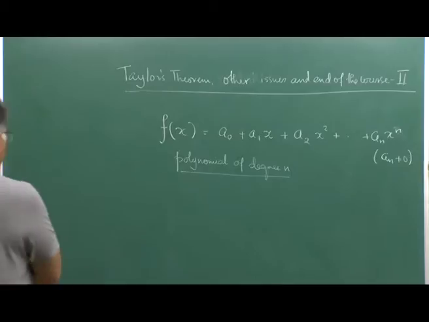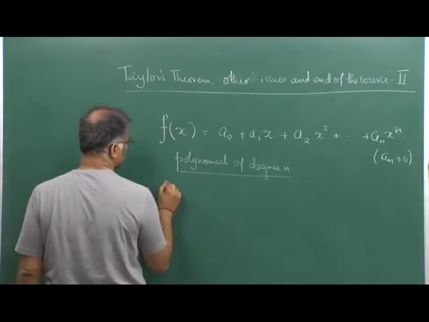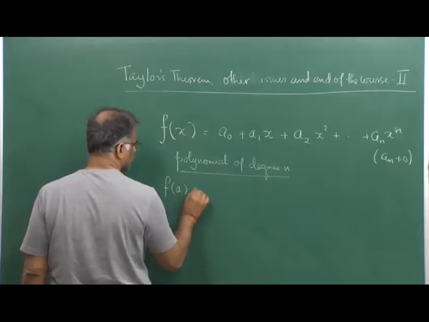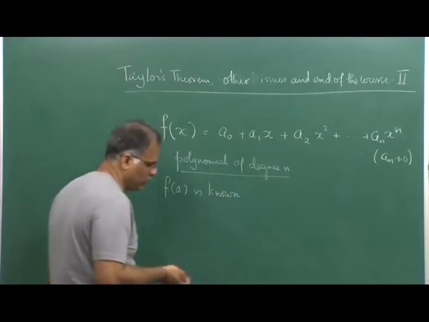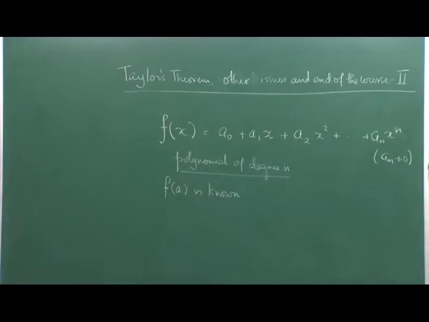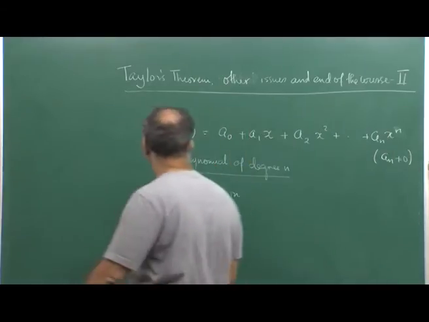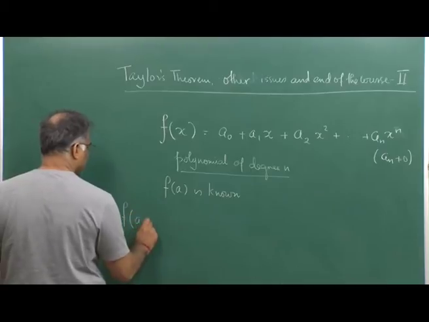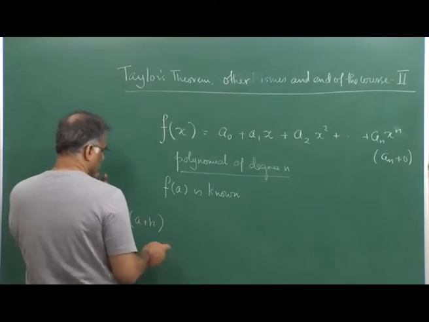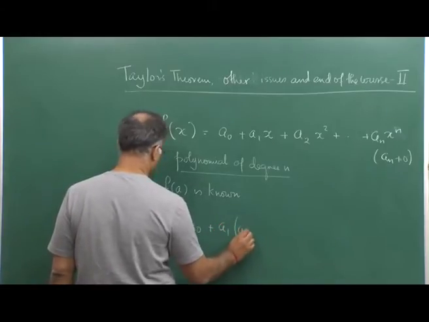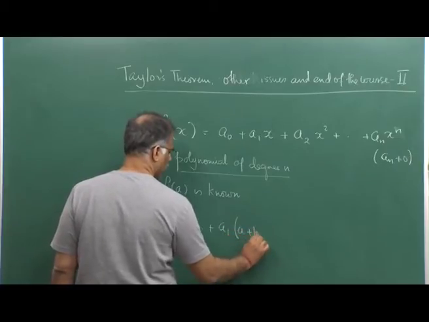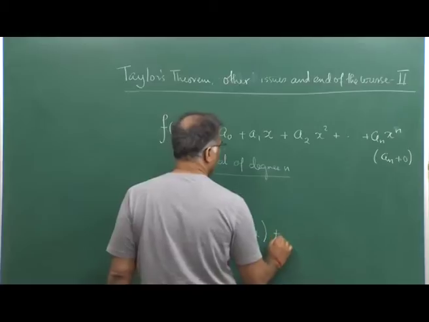Now, suppose I know the function value at a, f of a is known to me. Then what is f of a plus h? That is the question. If I know a, then what is f of a plus h? So, when I write x as a plus h, my a is fixed. So, what I do, I write a0 plus a1 into a plus h plus a2